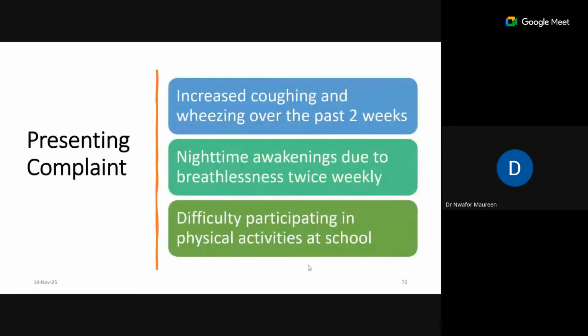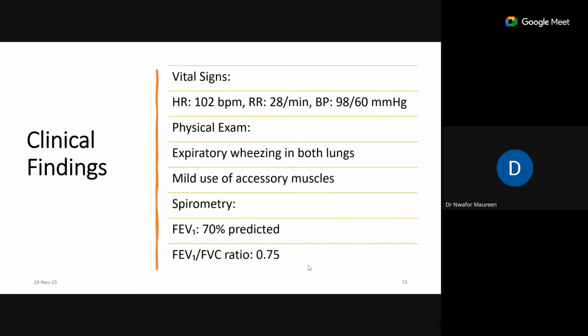If you see such a patient, the presenting complaints are increasing coughing and wheezing over the past 2 weeks, nighttime awakening due to breathlessness twice weekly, and difficulty participating in physical activities at school. That's poor quality of life because of this respiratory issue. Clinical findings: heart rate 102 beats per minute, respiratory rate 28 breaths per minute, BP 98/60. Physical examination: wheezing in both lungs, use of accessory muscles. Spirometry: FEV1 70% predicted, FEV1/FVC ratio